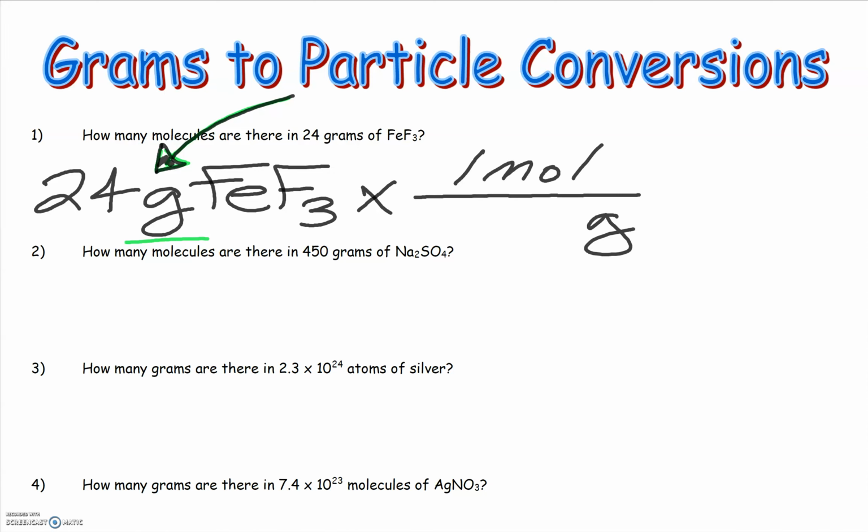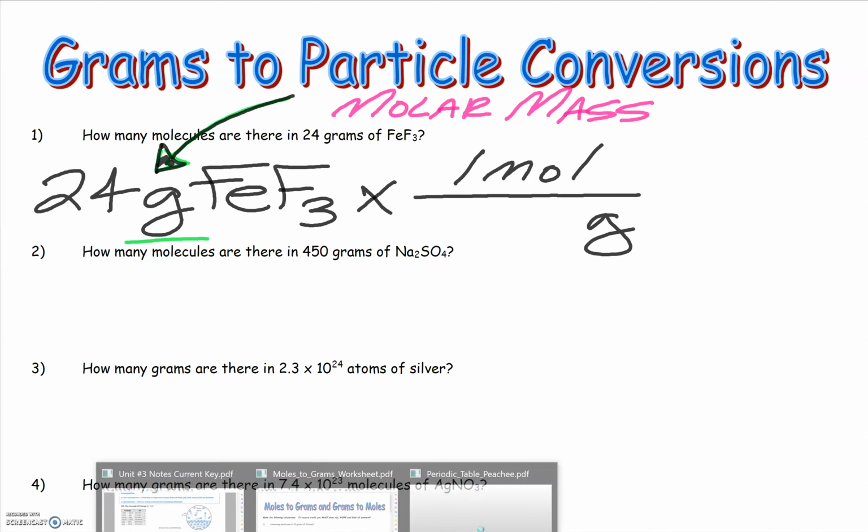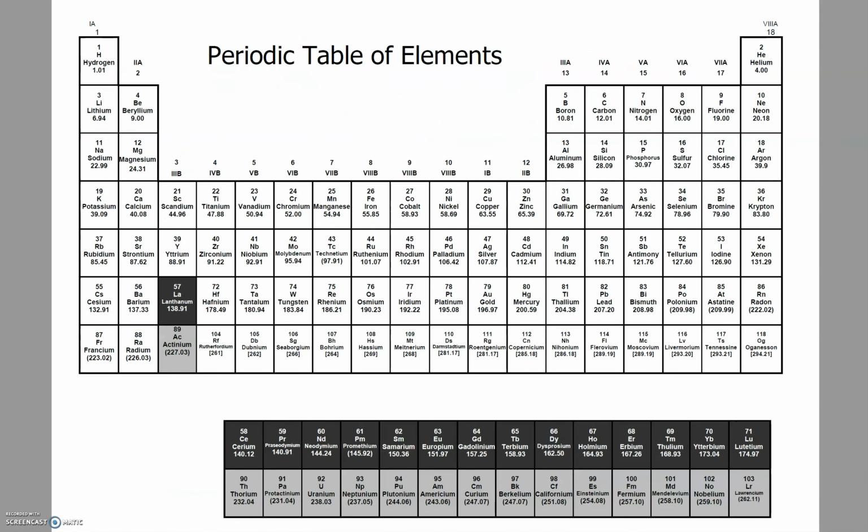All right, so we've got to figure out what this FeF3 is. And so what you're going to do is go to the periodic table and find iron and fluorine, and you're going to add those up, and those are going to be what we call molar mass. Okay, so molar mass is what we're going to be looking for next, and that's how much a chemical weighs on the periodic table. So I'm going to slide over here, go to my periodic table,